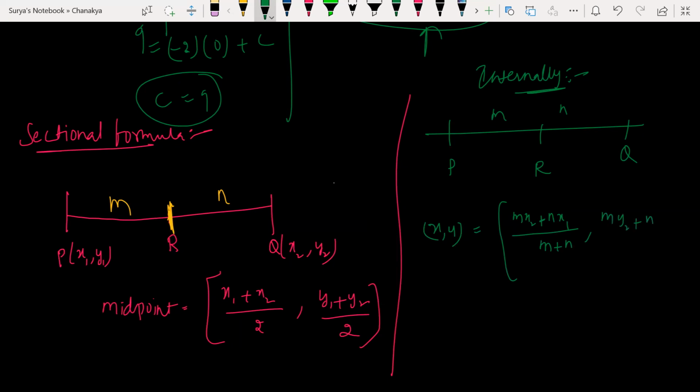my2 plus ny1 divided by m plus n. This is my internal divide formula. If I talk about external divide,